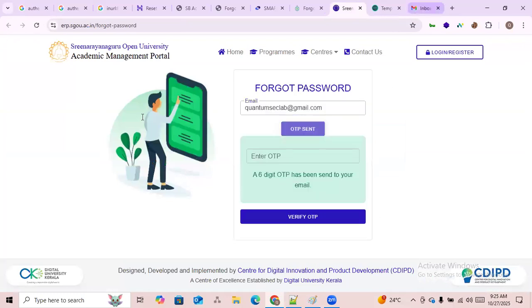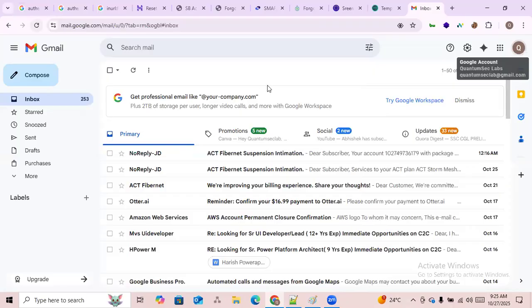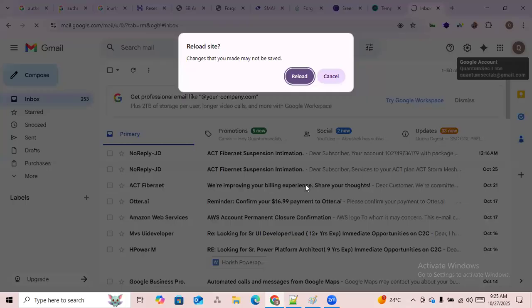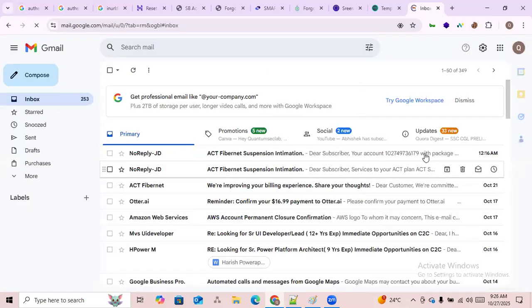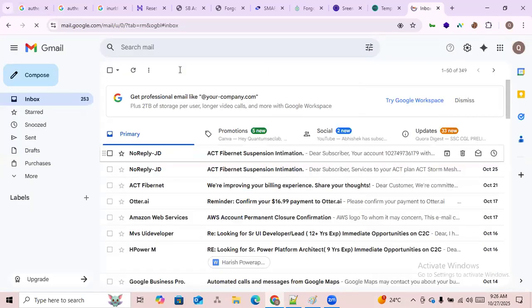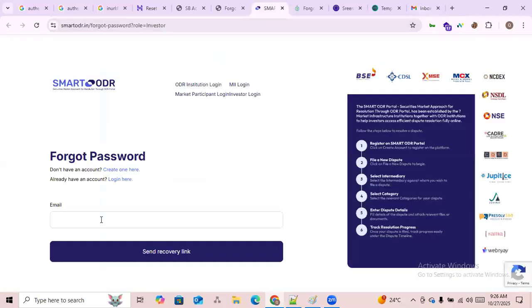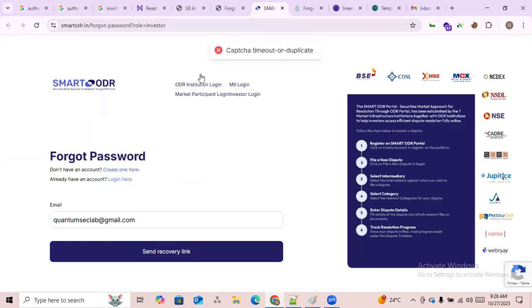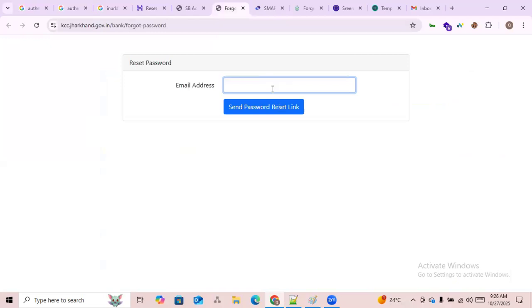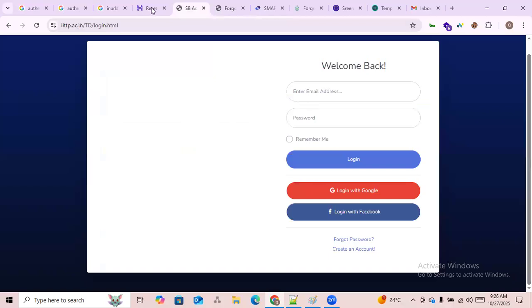So I just shared here. Let's see if we can receive anything. No, definitely you should have an account. Okay, maybe some portals without an account also, you would be able to get the reset password mails as well. But anyways, it says capture duplicate, and this one some jargon related, and it's not even accepting. In fact,